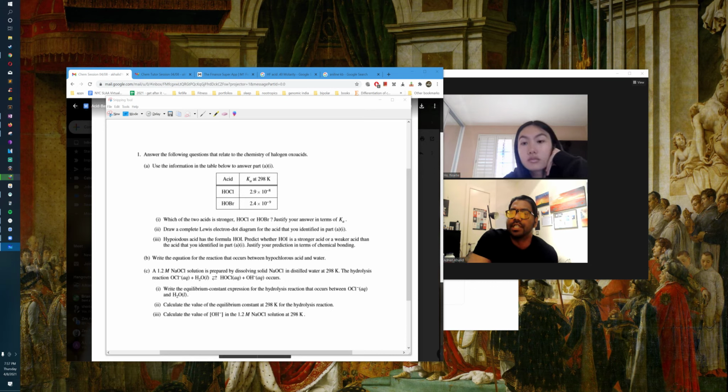First I could find the numerator value, then plug it back in and use the 1.2 molar for this, and I'll get a new value, which will be the equilibrium value. So, okay, Roman numeral 2. Ka is equal to 2.9 e negative 8, and that is equal to x squared over